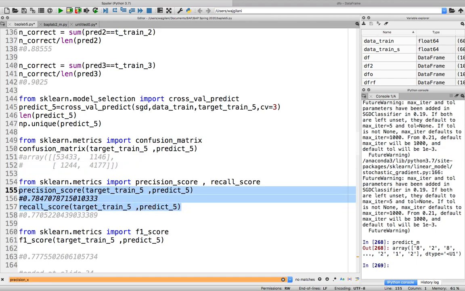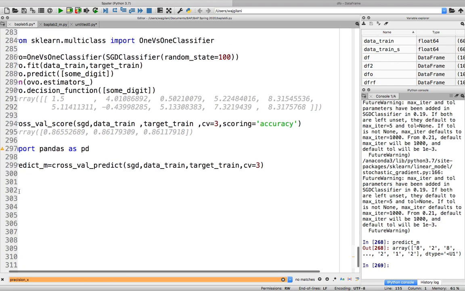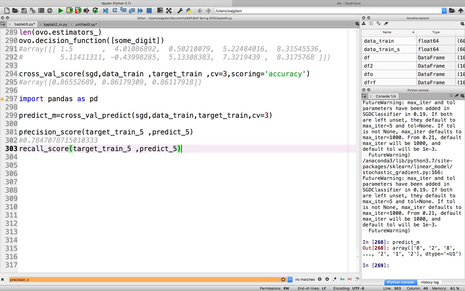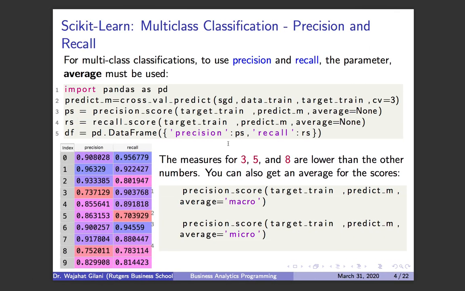We have to add another parameter when we're doing a multi-class analysis. I once had a student who got this question wrong, because they read about multi-class classifiers in Scikit-Learn, but they never ran it. If you ran it, you would have known, and this is another one of those gotcha questions. When you do precision and recall on a multi-class classification, you have to add a third parameter called